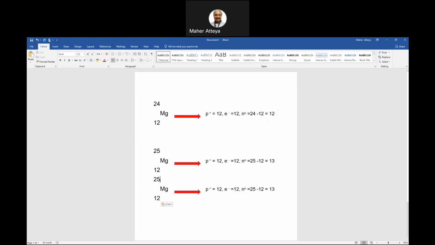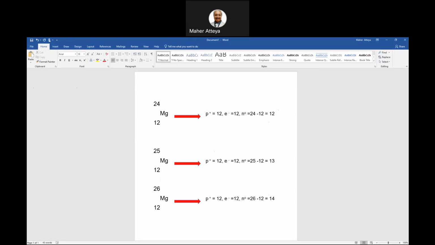So how about if I have 26? How much? The protons will remain as they are, 12, no change. Electrons will remain 12 as they are. And then I have the 26. 26 minus 12, how much? 14. Now, let me sit down and write the abundance so we can calculate the